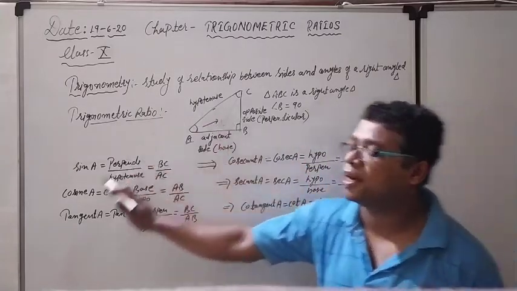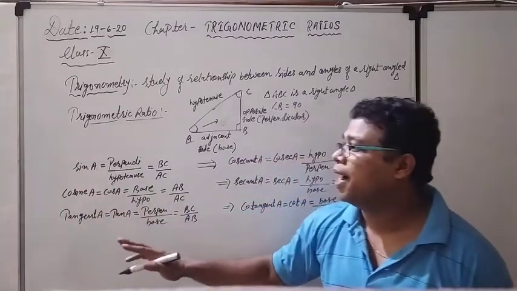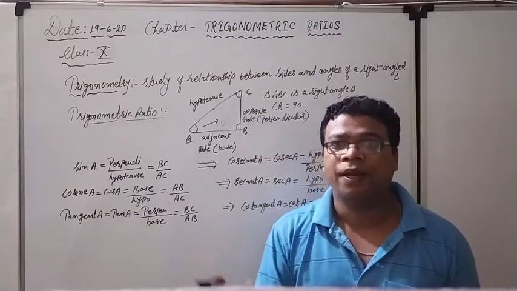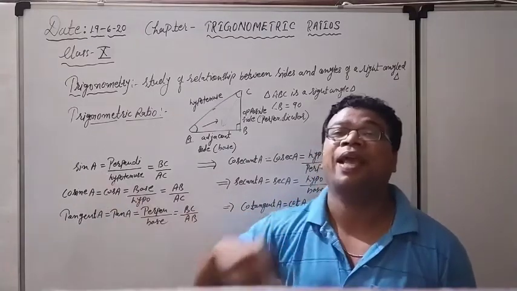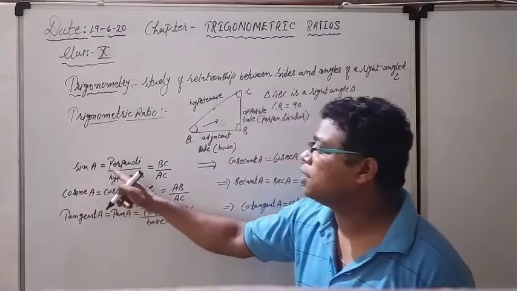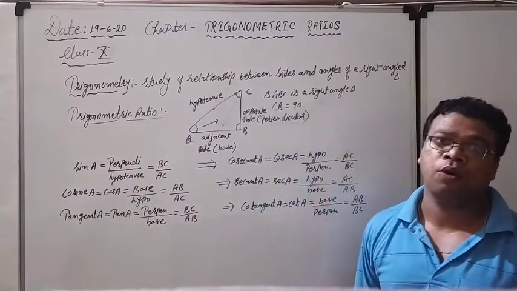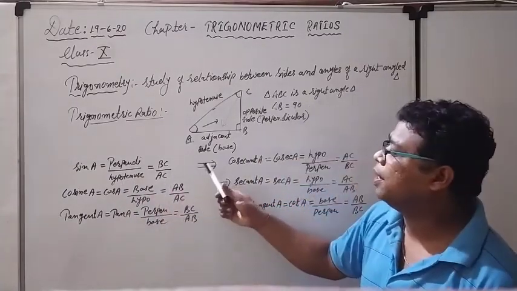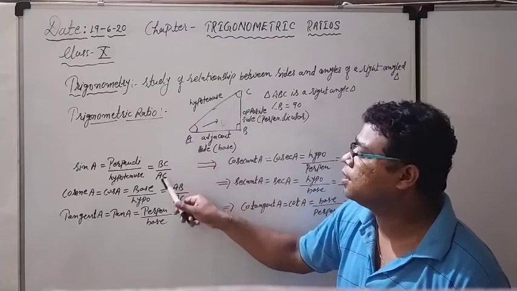Right now see, there are 6 ratios when we talk about trigonometry. First is the sine, sine A. The meaning of sine A is not the multiplication of sine and A. Sine is the name of that particular ratio, and A means the angle A that we are considering right now. This ratio is equal to perpendicular upon hypotenuse. You can see I have written here the perpendicular according to angle A. What is the perpendicular? BC upon hypotenuse AC.